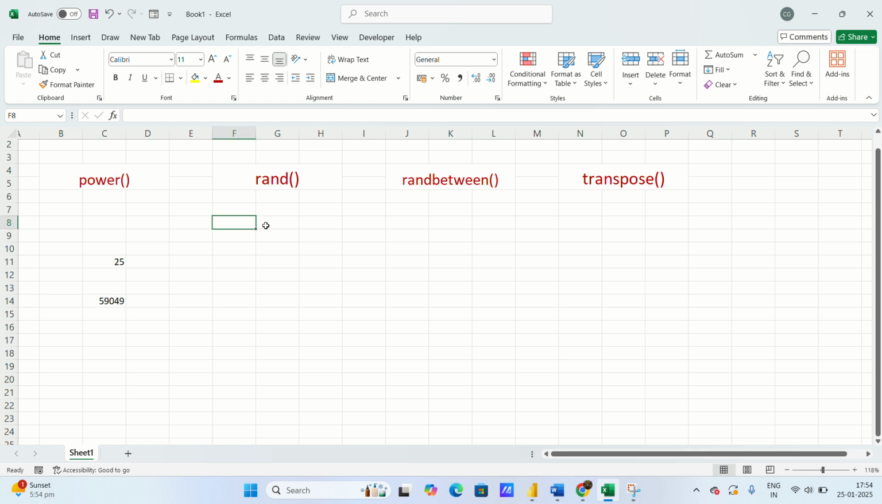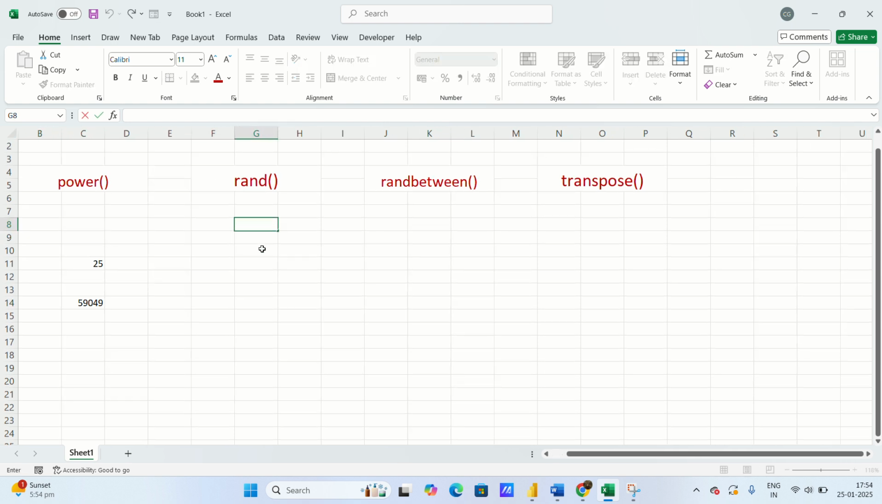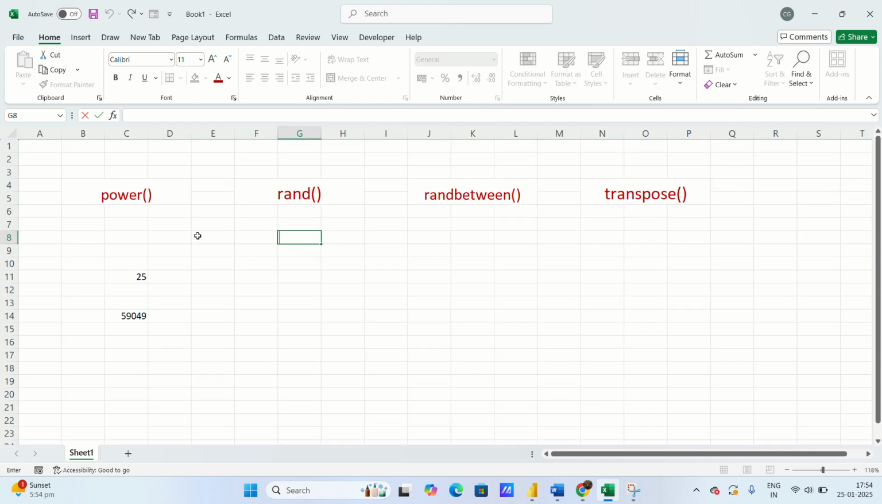Second formula is the rand formula. We use the rand formula to generate random values, but we have two rand formulas. This is rand and this is rand between. So what is the difference between these two formulas? The first difference, and the only difference,